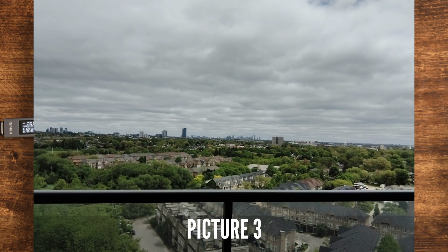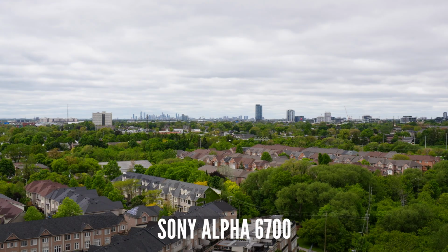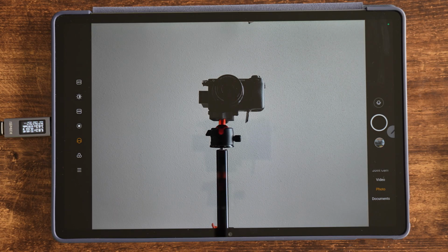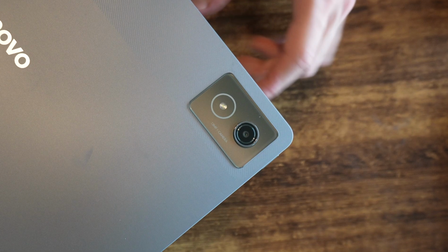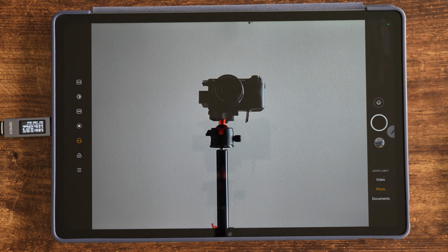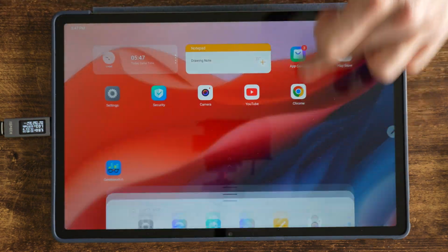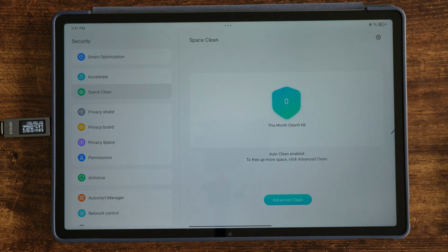It's decent for daily use, but it is definitely not as good as a high-end iPhone camera or high-end smartphone camera in general, but that is to be expected. This is a cheaper device, so it's not going to perform as well. Either way, it's nice to have a 2-camera setup, and the front camera is perfectly fine for Zoom or online video calls. Another interesting quirk that we have is that there is a security app that has a bunch of